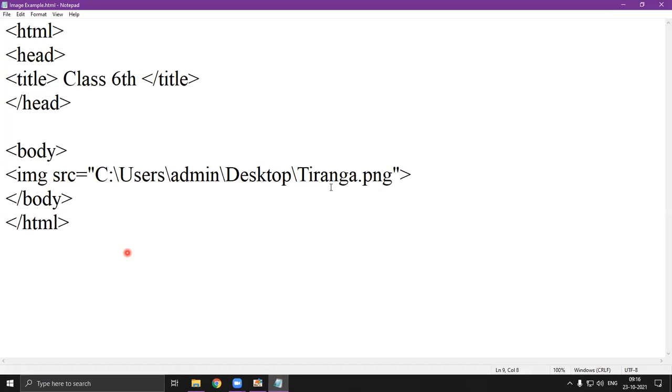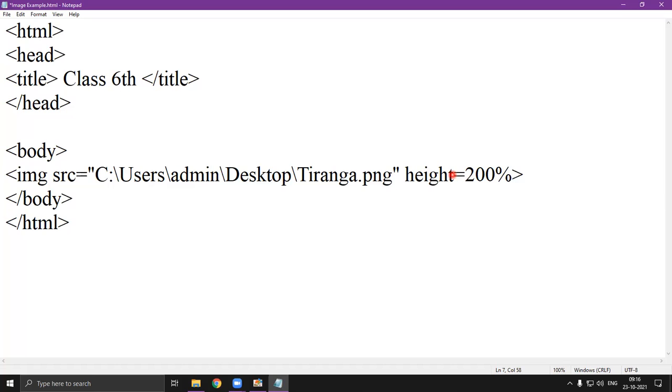Now suppose I want to give my height and width. So height, and then width. Height is equal to, let's say I want some enlargement of my image, so I am giving 200%.